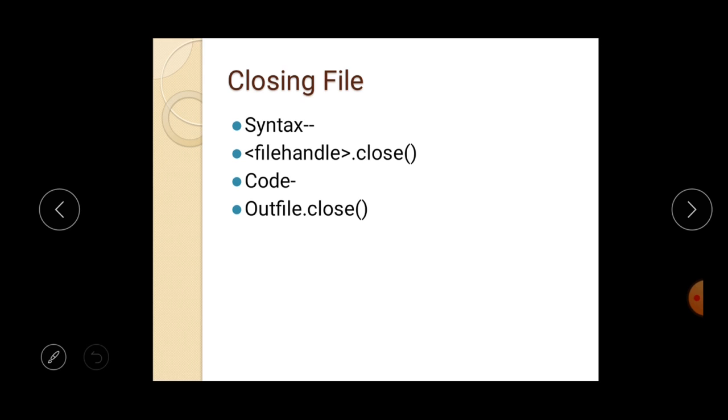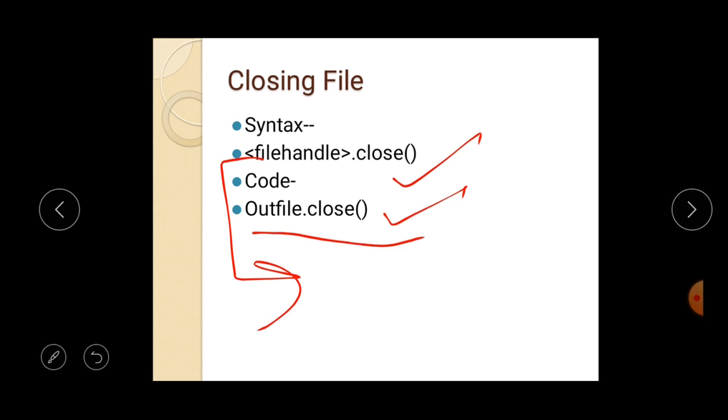So this is a very simple function which is required to close a file, that is the close function. If you have completed your work and want to close the file, then you write the close function with the file handler. When you simply write this line, the file will close, or you can say the handler of the file will be of no use, and the address of the file is lost from the handler.